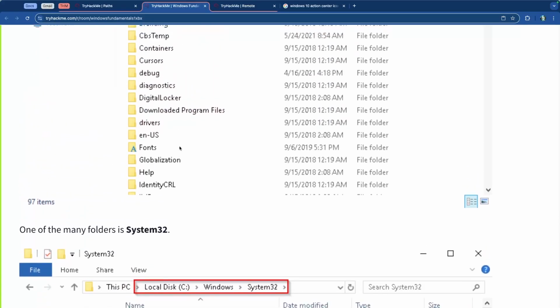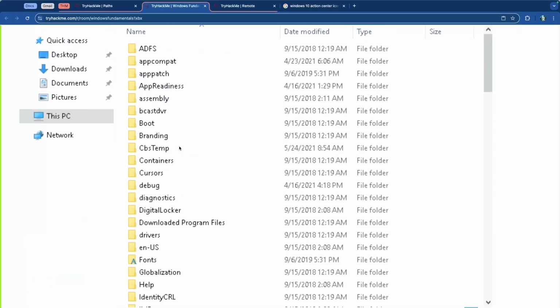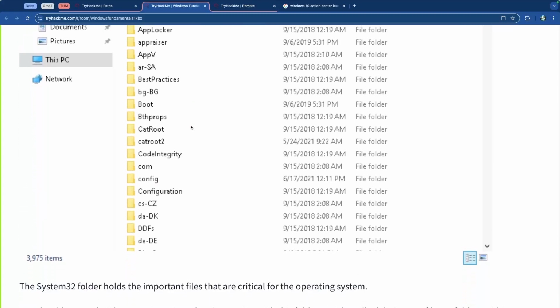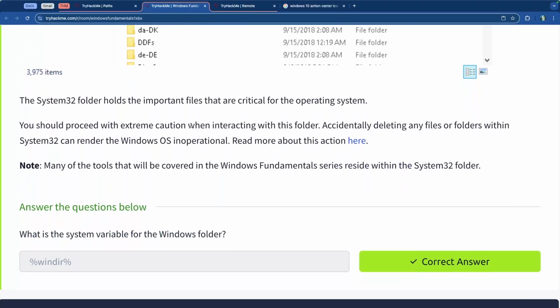So inside of the Windows folder, there's another very important folder, which is the System32 folder. And the System32 folder is another one of those really important folders. It holds the important files that are critical for the OS. You should always proceed with extreme caution when interacting with the System32 folder, because anything that you do, especially, for example, if you delete a file or modify a file that's inside of System32, can actually stop the Windows OS